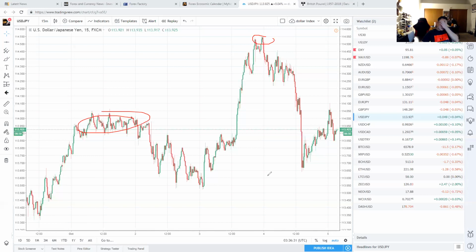A lot of people get confused because I got confused too. I didn't know what a reversal was. I didn't know what a retracement was back then. You have to understand when something pulls back,